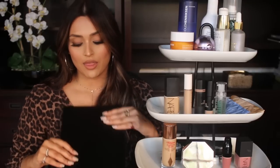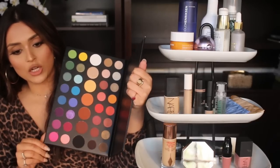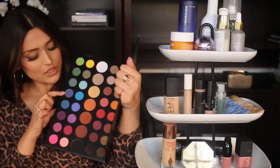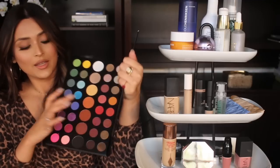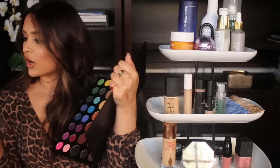And last but certainly not least, in fact, maybe the best for last, is the Morphe X James Charles Eyeshadow Palette. This is a dream come true. It contains all the eyeshadow colors that you would go individually searching for, the little pops of color. Like this pink is called Skip. This shimmery green is called Guac. This one is called Cola. This one's called Literally. I think it's called Literally. No. It's called